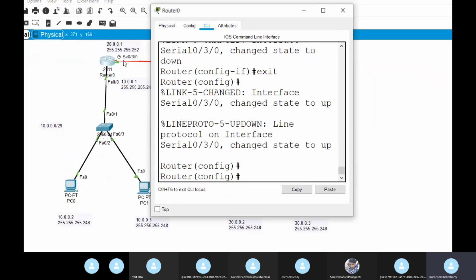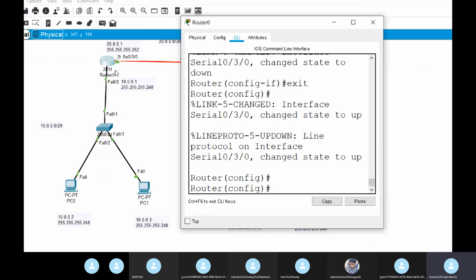Now we can see these serial interfaces, right? We know which one is DCE, DTE. How? Because there is a clock symbol over there. In real time, how do we find out? How you will get to know? Interface you can identify. Okay, that is some other thing. But how you will identify which one is DCE port and which one is DTE port, if there is a whole bunch of network?